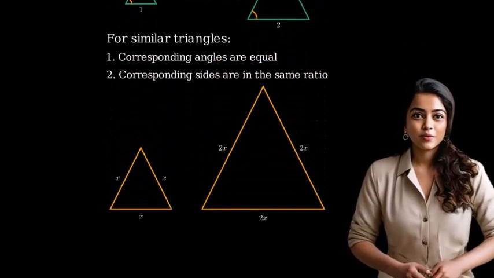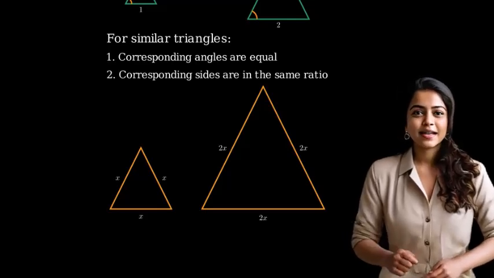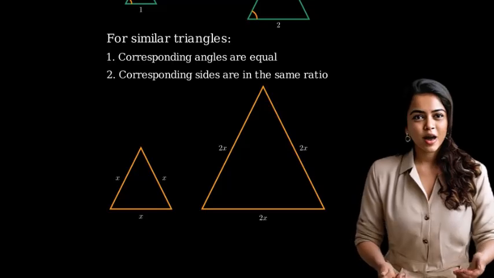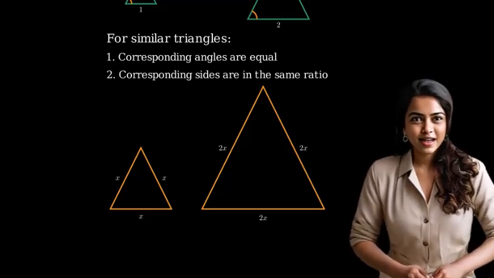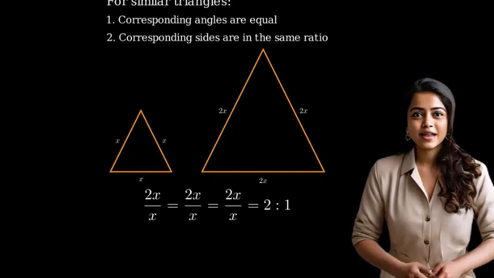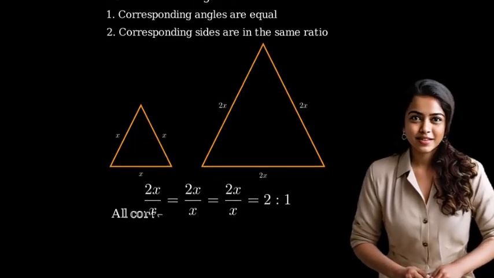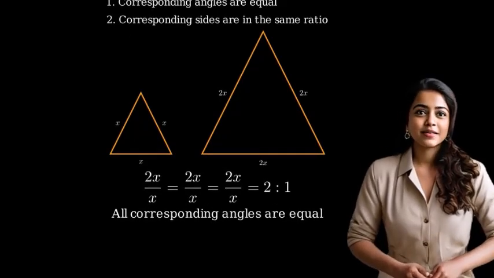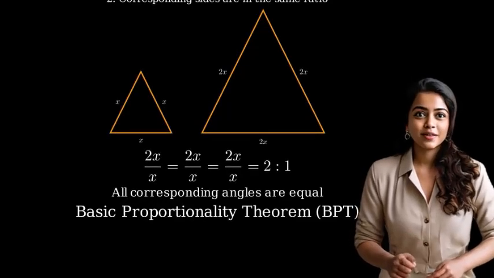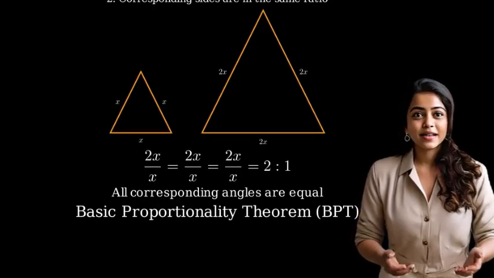For these similar triangles, if the sides of the smaller triangle are x and the sides of the larger triangle are 2x, then the ratio of corresponding sides is consistent. Every pair of corresponding sides maintains the same ratio, which is 2:1 in this case, and all corresponding angles are equal. Now, let's learn about one of the most important theorems related to similarity, the Basic Proportionality Theorem, often called